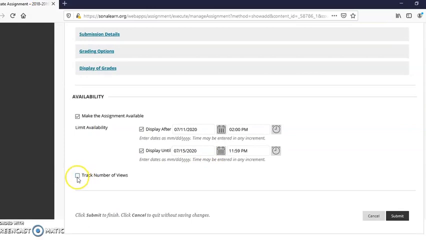And this is very important. After uploading the assignment, you have to enable this track number of views. Whenever you enable this, it tracks how many attempts the user has taken, and how many attempts the user can have. Suppose this is enabled, we can track how many times the user has submitted the assignment.